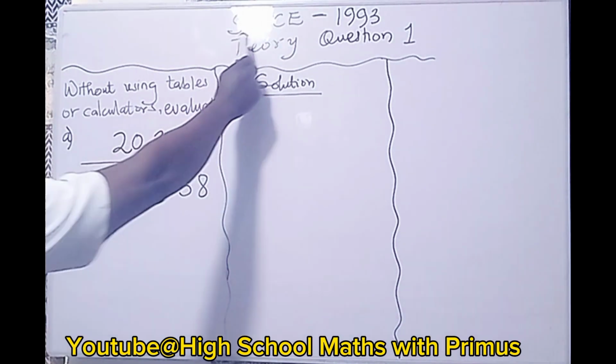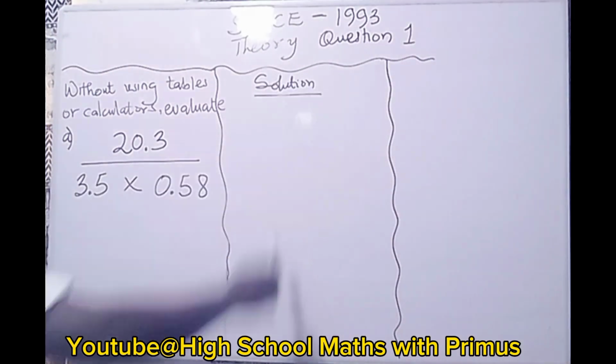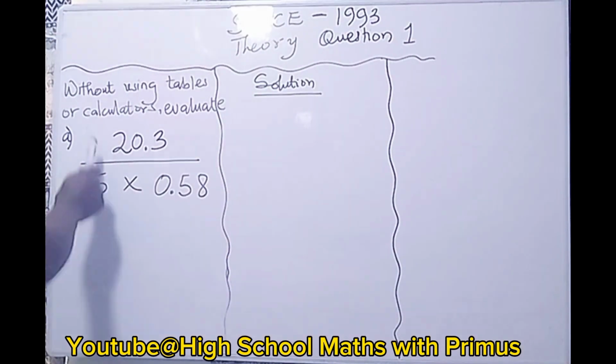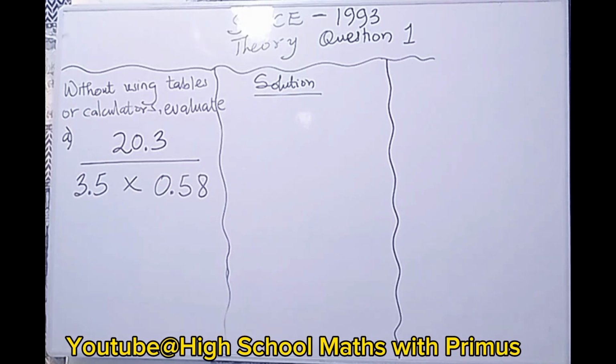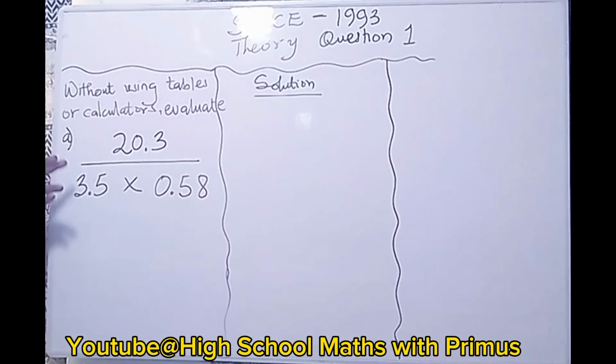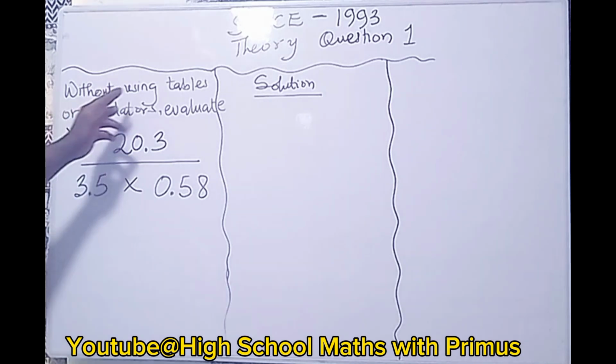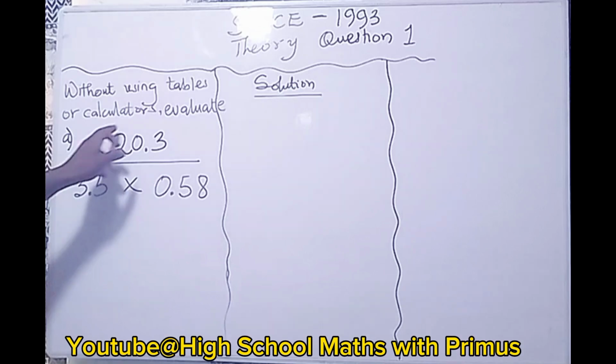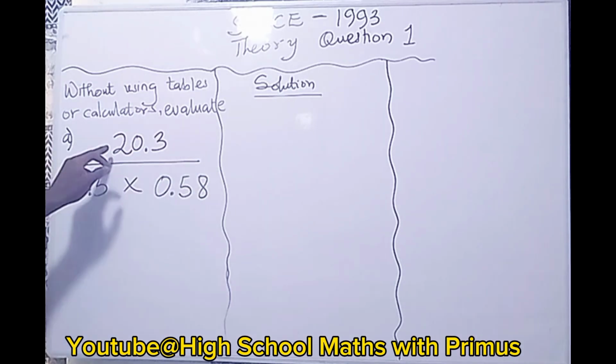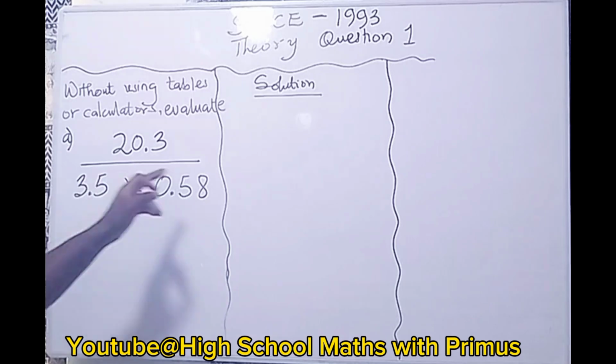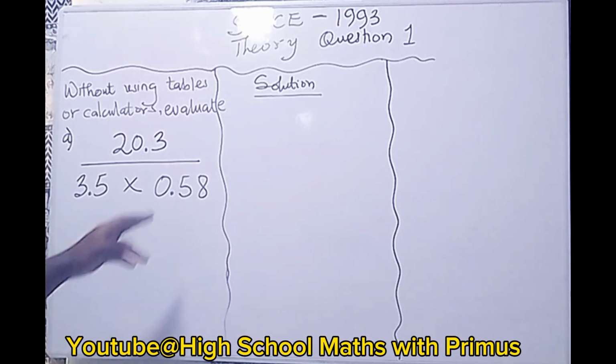This is an SSCE 1993 theory question 1, and that's the A part of it. We will solve the B and the C in our subsequent videos. I want to focus on this one. The question is, without using tables or calculators, evaluate 20.3 over 3.5 times